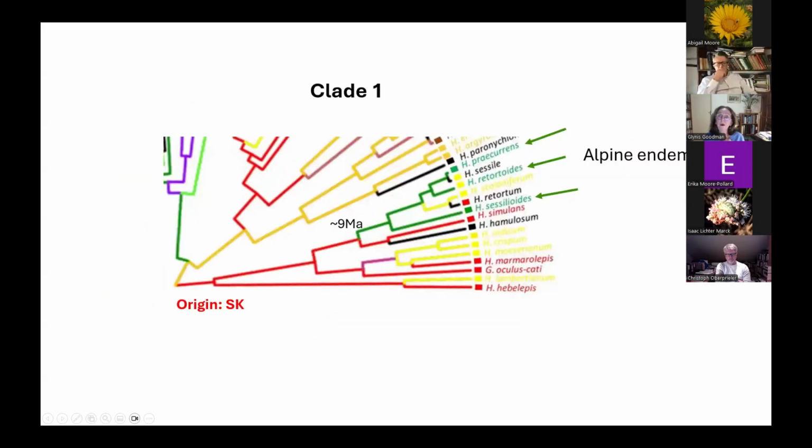And what's very interesting for me is in clade 1 here, the 3 Drakensberg species that are present there are all alpine endemics. And so I wondered if that was a reflection of their ancestors' adaptation to the succulent Karoo, because at night the succulent Karoo is extremely cold,